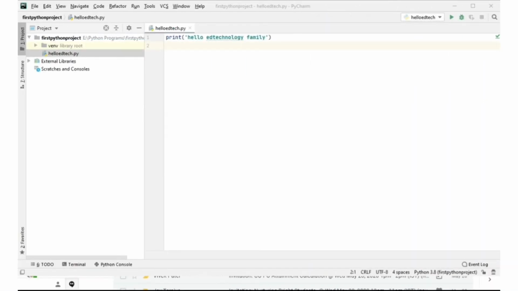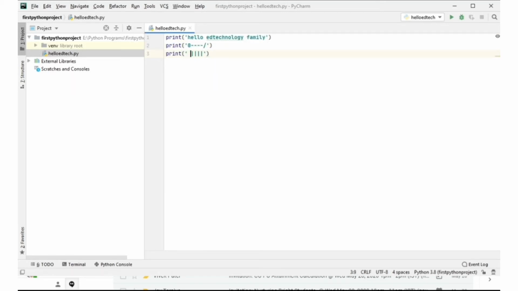Right, before we start on the variable, I wanted to show you something related to Python. We have seen how to print hello ED Technology family. It's a string which we are printing. So let's extend this program to something interesting. So I'm using the print and I'm trying to draw something of a shape. So let's say I would want to draw a dog. So okay, this is what I've got. And again I'm using one more print statement, quotations, and dog has the 4 legs. So I think this is what it would look like.